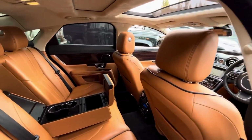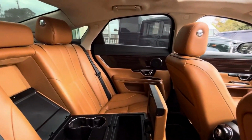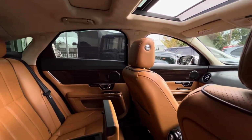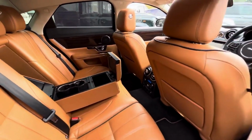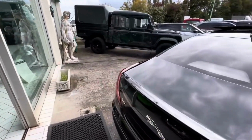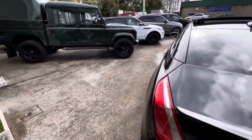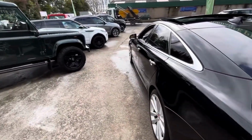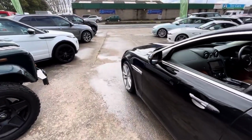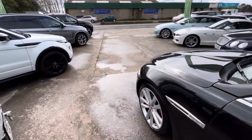To go back to its engine for a second though, not only has the car only covered 78,000 miles to begin with, which any aficionado of these X351 generation cars knows is a drop in the bucket compared to what they're capable of, well, it's an exceedingly powerful engine on the one hand, but also a shockingly efficient one, because on the one hand you have 270 horsepower, 440 foot-pounds of torque, which is a tremendous amount of pulling power,